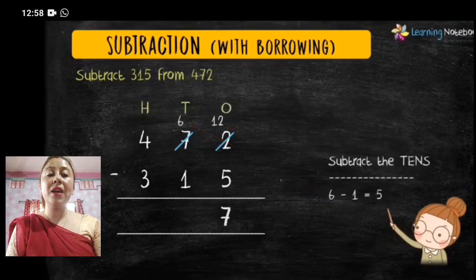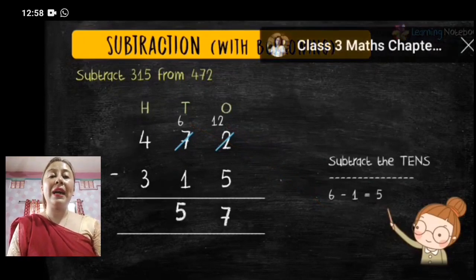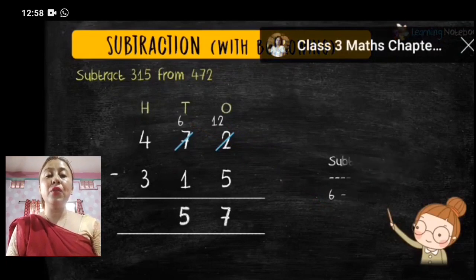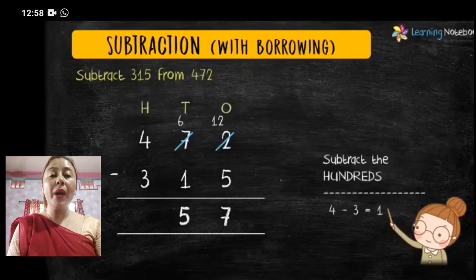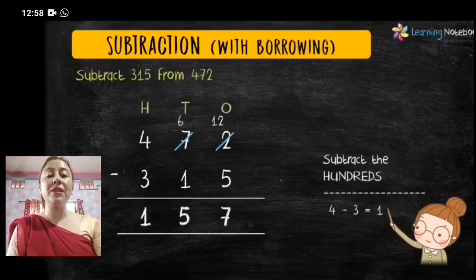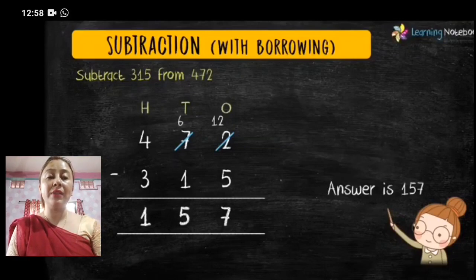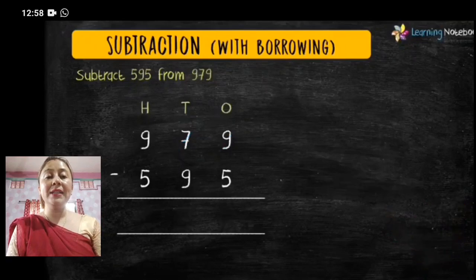Subtract the tens now. 6 minus 1 equals 5. And 4 minus 3 in hundreds position, it will be 1. So the final answer is, children, your final answer after subtracting the sum is 157. Hope till here you all are clear. Now next we will subtract